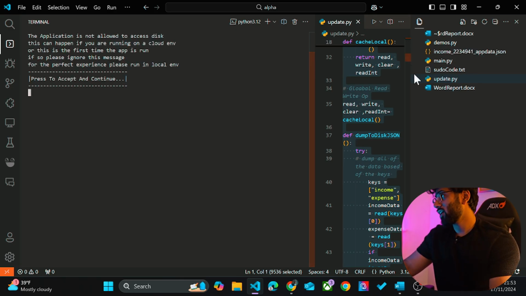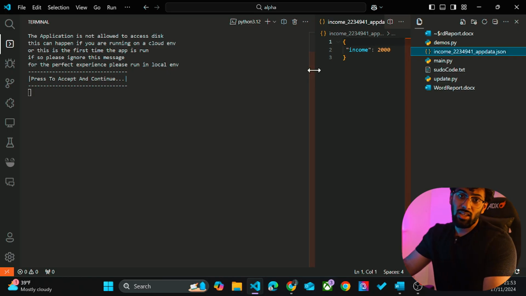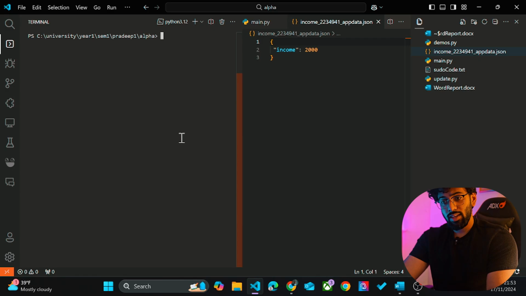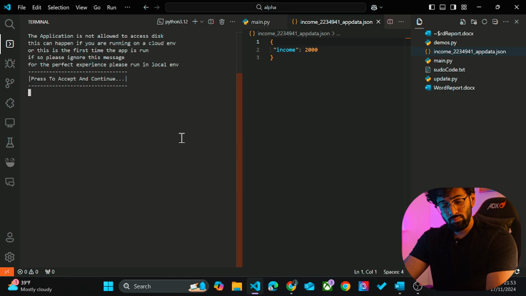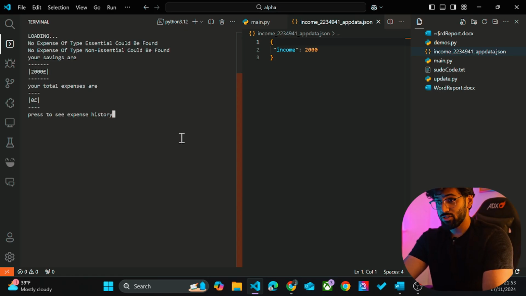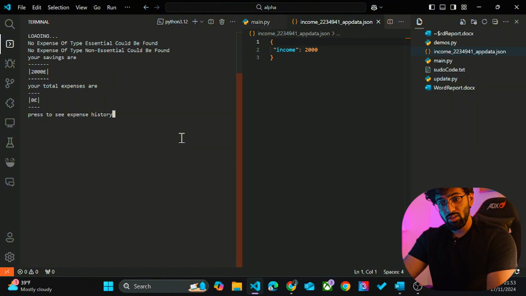Now, in real time, you can see it has an income file, and if you go look at the income file, this is on the disk. Even though the app closes, let's say we close down the application like this, and we run this, and we type in view summary, it still shows my savings as £2,000, because now this is reading from the disk. Now, I'm just going to continue this,